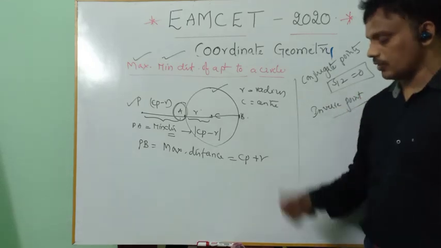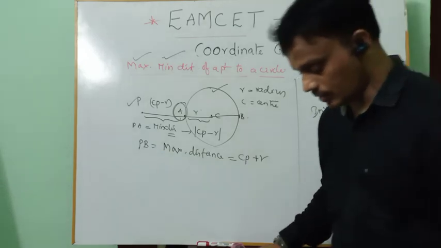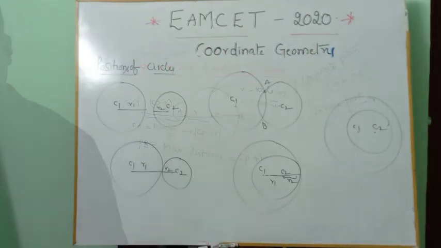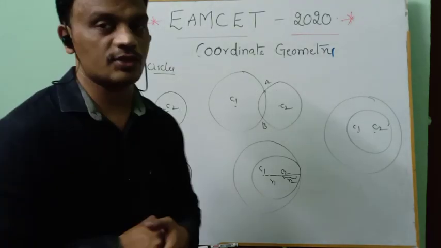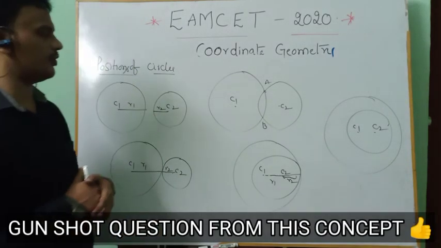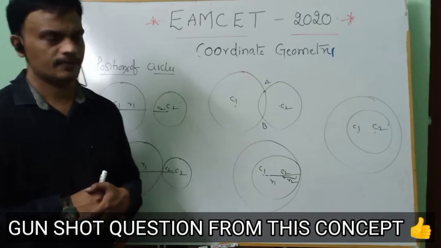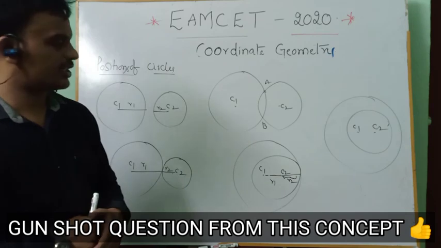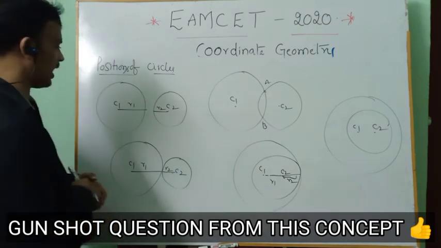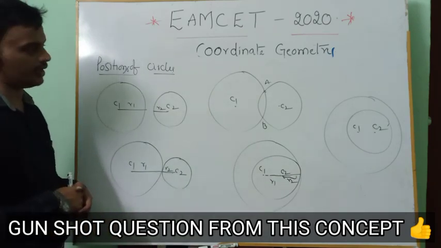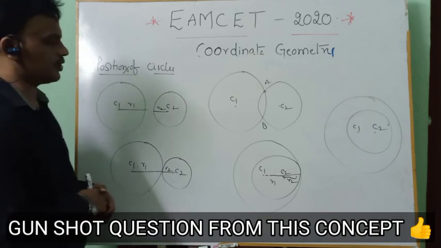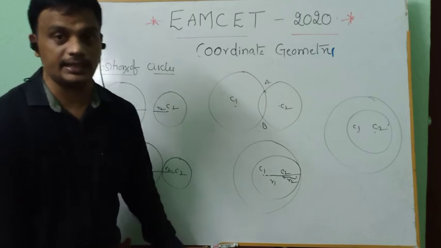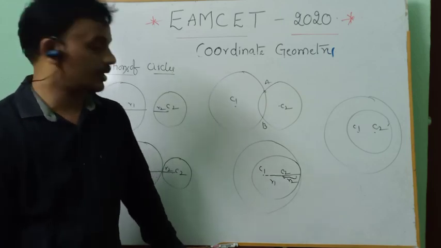So after that, finally, one concept is there, a very important concept, that is position of the circles. Coming to the next concept, the positions of the circles, very important concept. You will compulsorily get 2 questions, no doubt about it. So, 2 circles whose centers are C1 and C2, whose radii are R1 and R2. What are the positions of the circles? Based on the positions of the circles, I am going to find the number of common tangents.